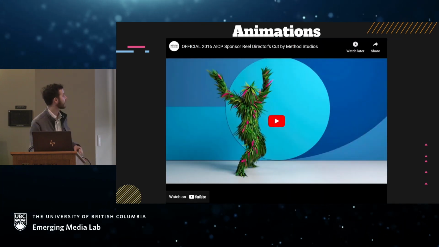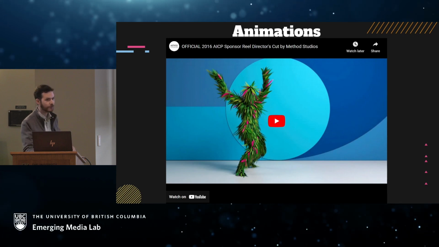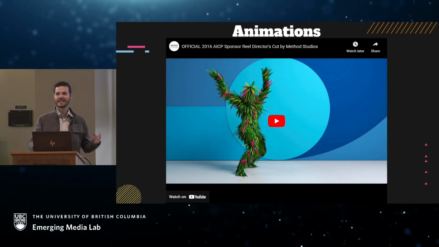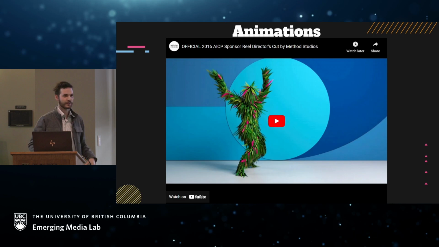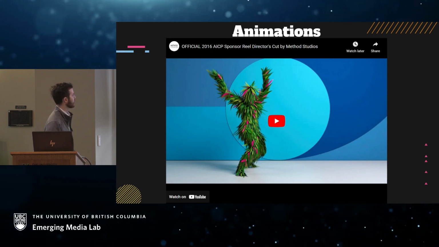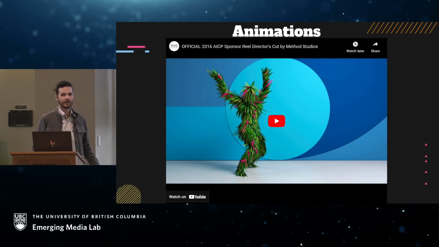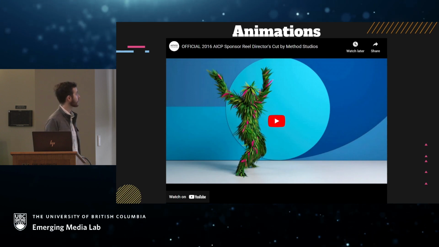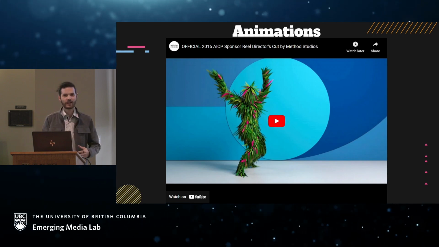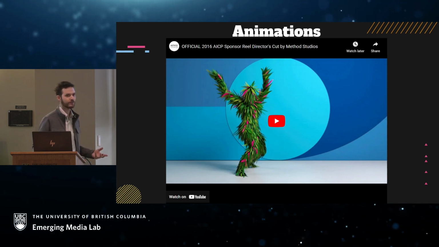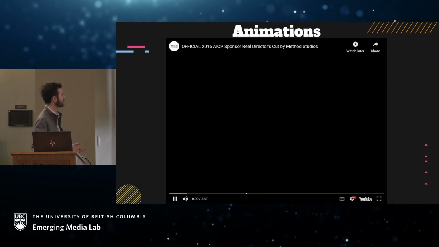This is the final one. This is another one that uses motion capture, but takes the outline of the human, and it used a machine learning algorithm to figure out where that outline was, and then it maps on these textures to the human body and creates these really